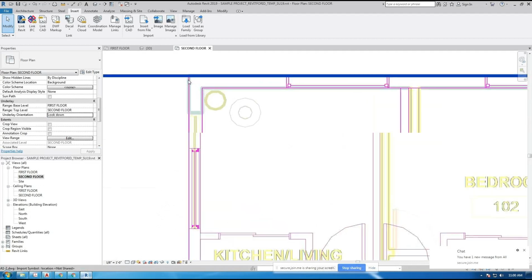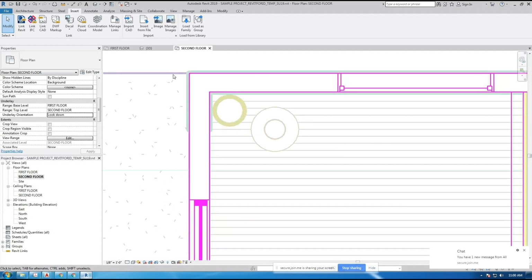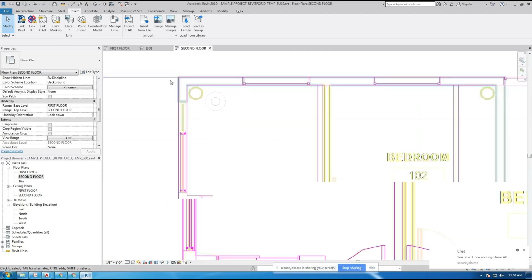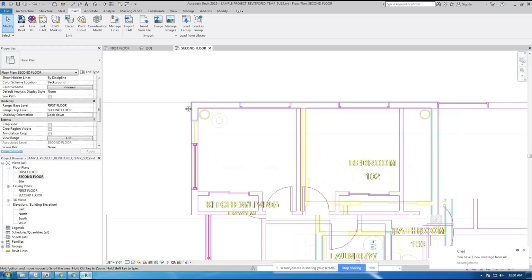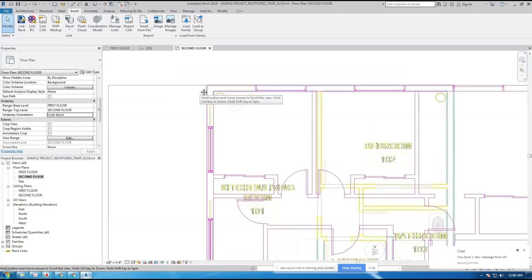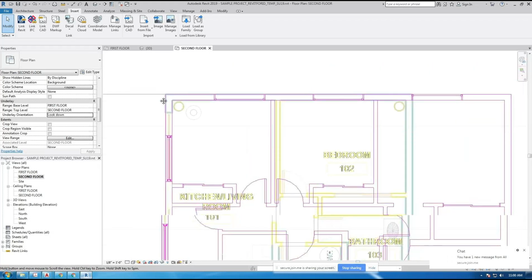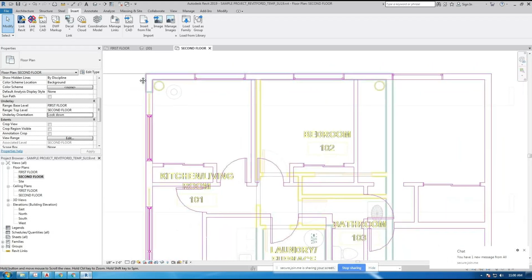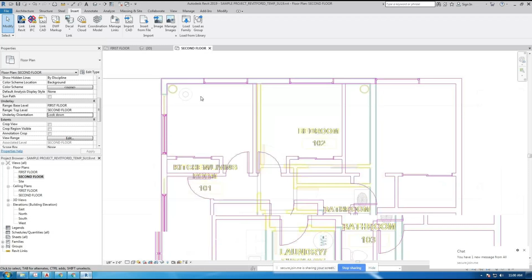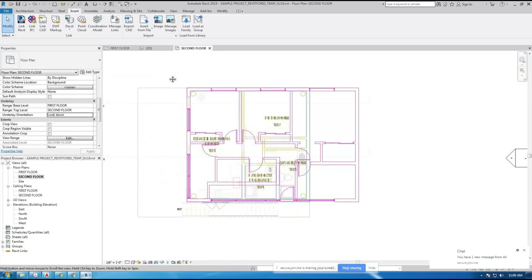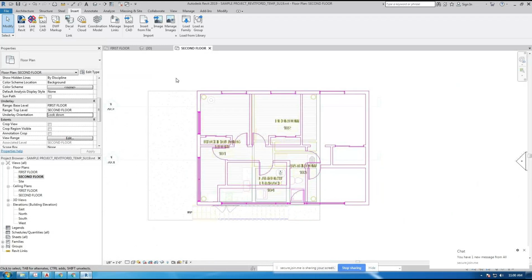And it looks to me like this drawing, see those thick lines right there? That is my AutoCAD drawing from the lower level right here. As I pan the drawing, hold my mouse wheel and pan, I can see that my first level is lining up perfectly. Now, if they don't line up, and that might happen,